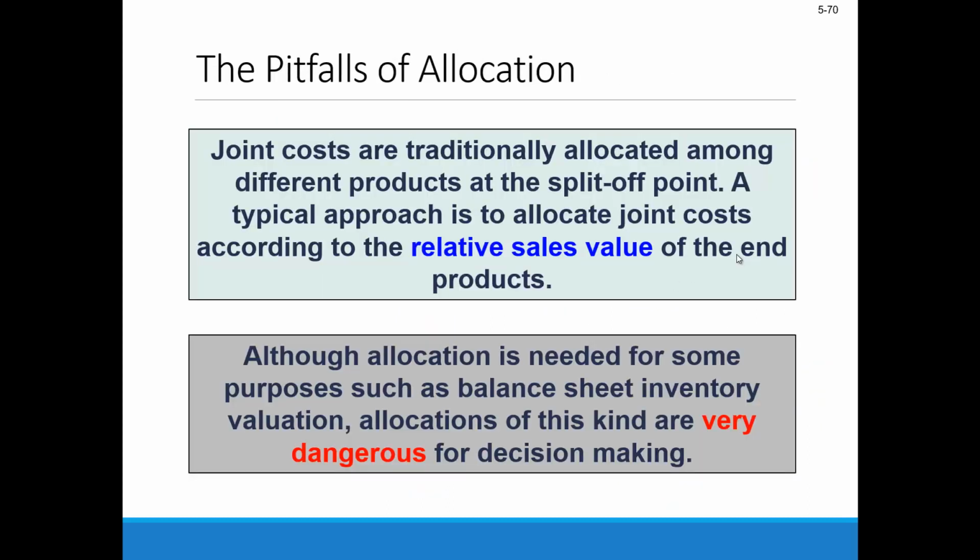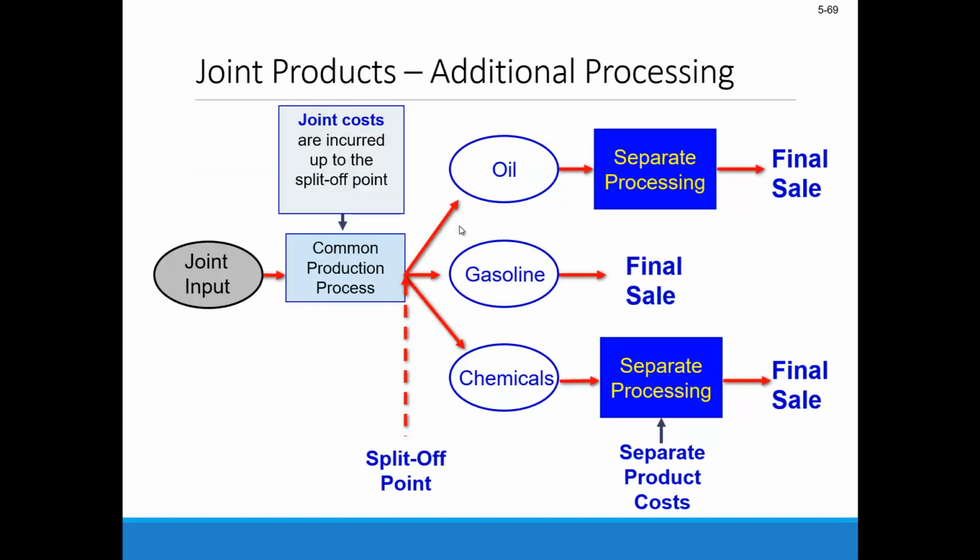Joint costs are traditionally allocated among the different products at split-off, and a lot of times that's done on the basis of relative sales value of the end products. So in our oil example, we're saying all these joint costs might be dumped on these particular products based on the relative value of oil, gas, and